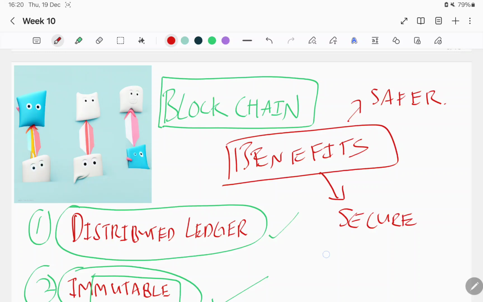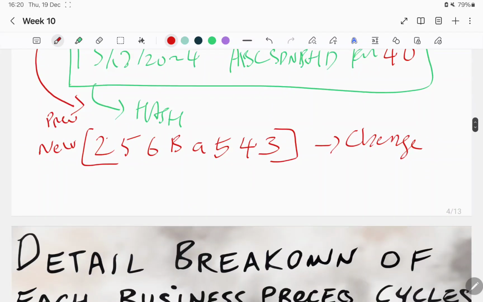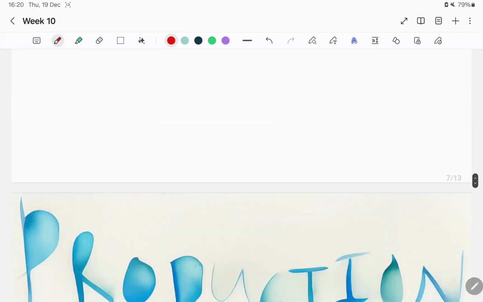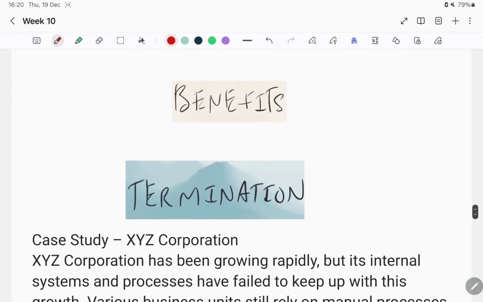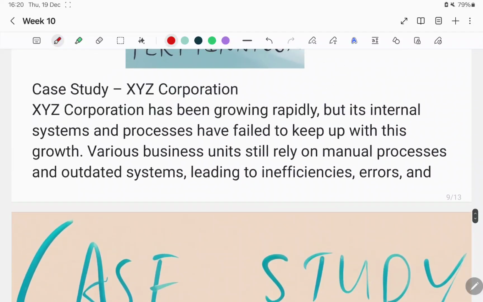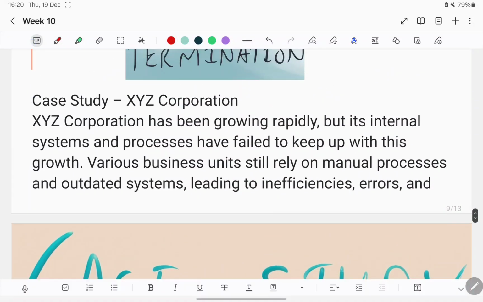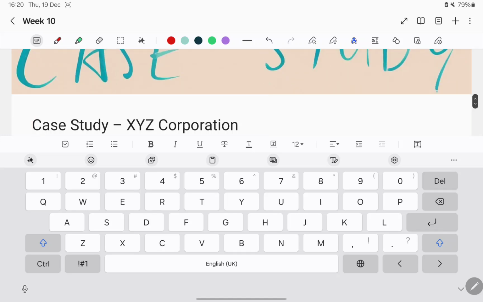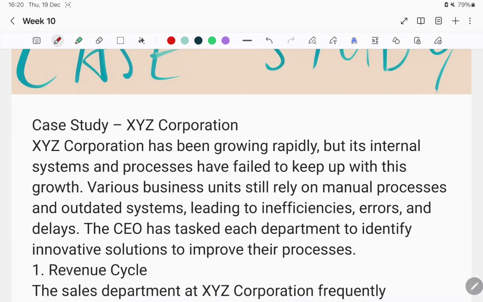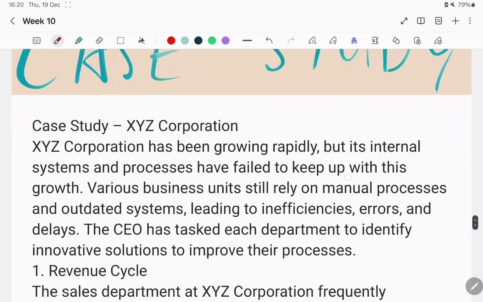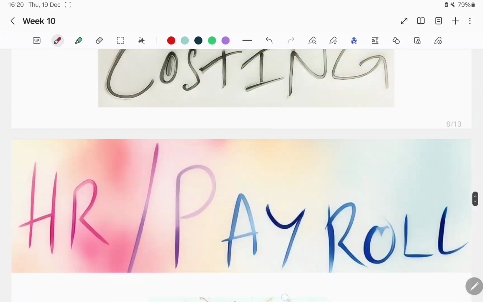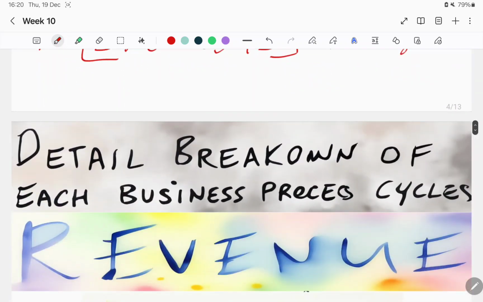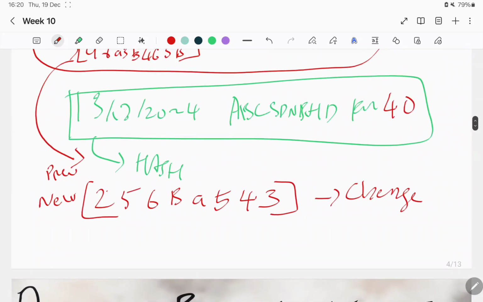Then later we will see the breakdown. Let me just see over here. Here is the case study. So maybe I will skip to the case study because this breakdown will take a lot of time. I will go through maybe the first one. So I'll give you some break.